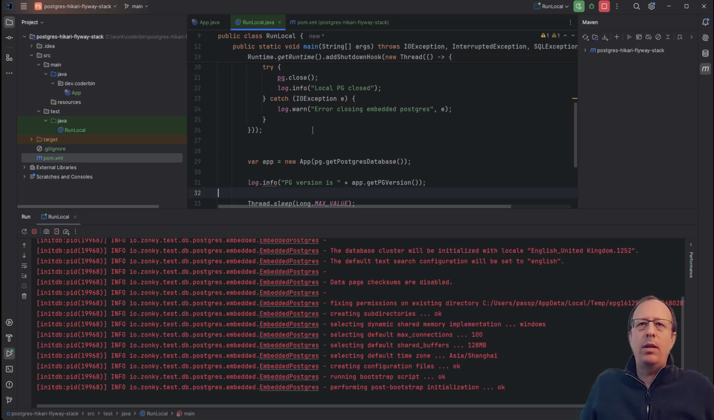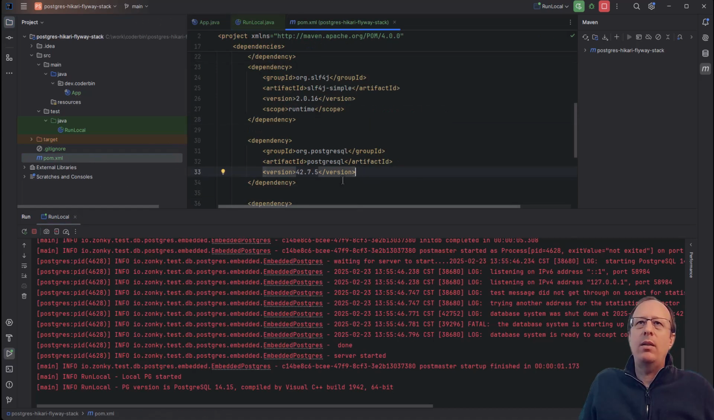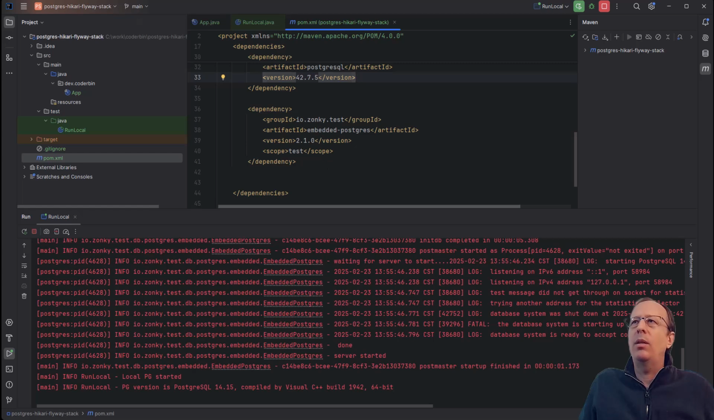Once again, a lot of output from the embedded Postgres. And we can see the Postgres version is 14.15. That's actually pretty old. Okay, let's get a newer version. So the Zonkey.io GitHub page explains how to do that. I'm going to just copy and paste something I've prepared earlier. To specify the Postgres version you want,